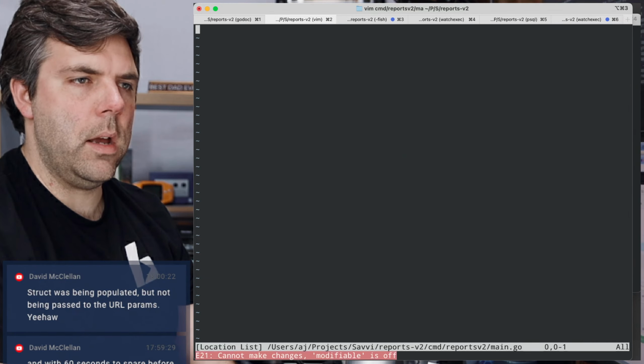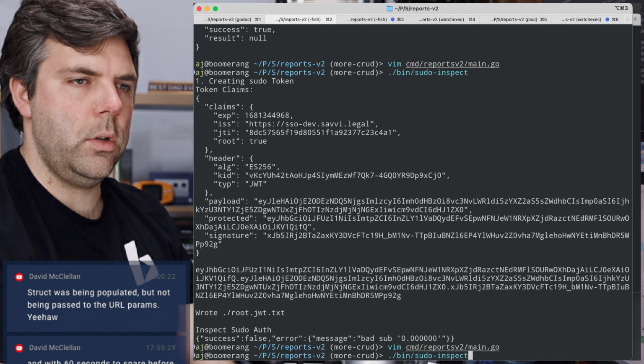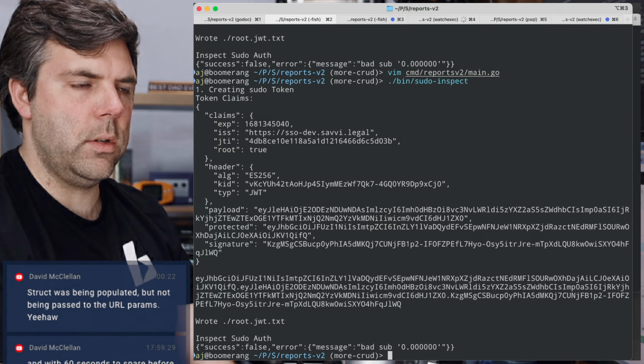Okay, so now this should not generate an error, but it should work for tokens that don't have much information.